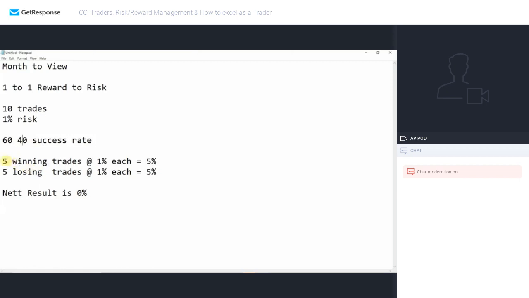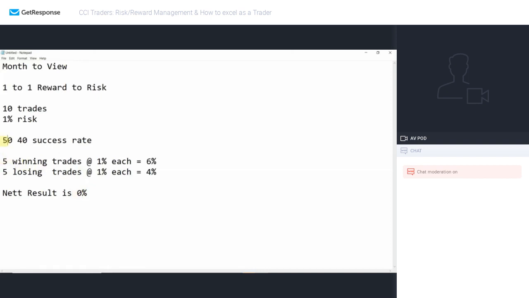That means you'd have 6 winning trades, 4 losing trades, 6, 4, which would result in a 2% gain. Now, many people, what they try to do is they try to increase the risk, so they know that if they have winning trades, that will give them a benefit. So let's change that back to 0, change this back to 5, change this back to 5, change this back